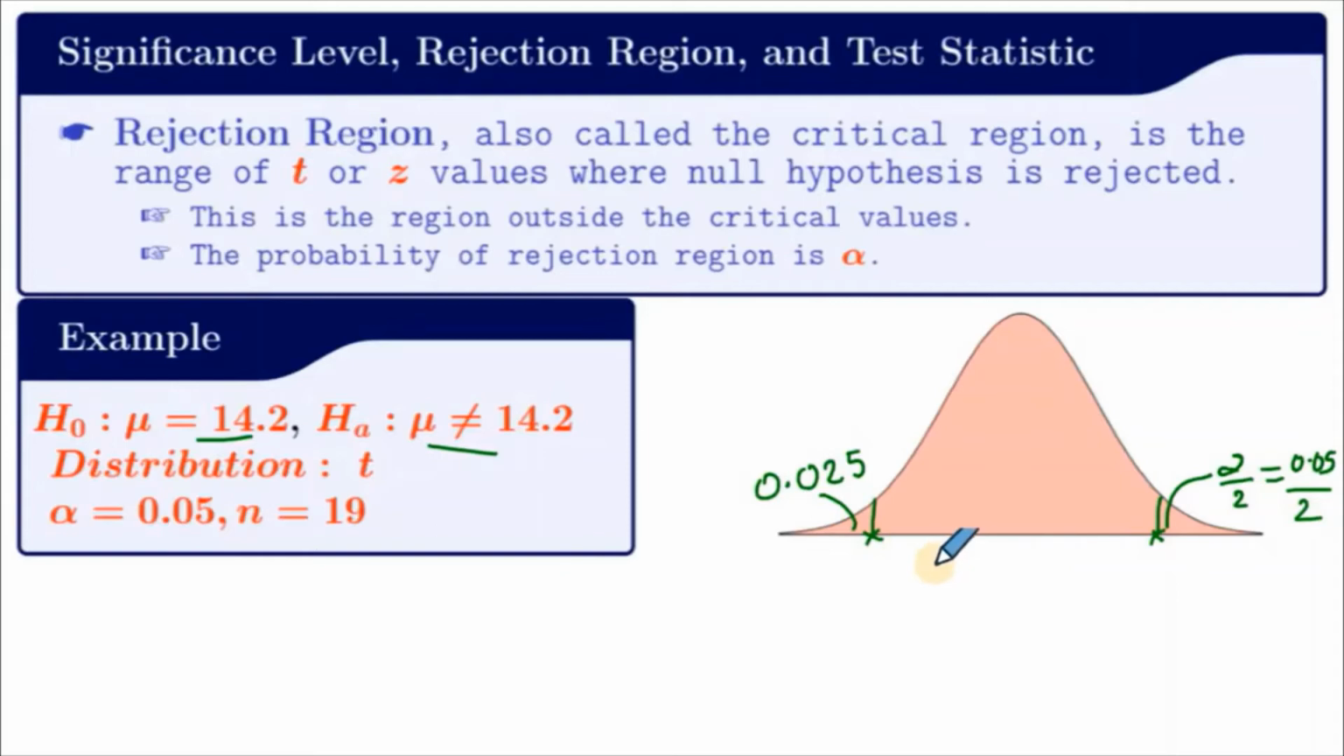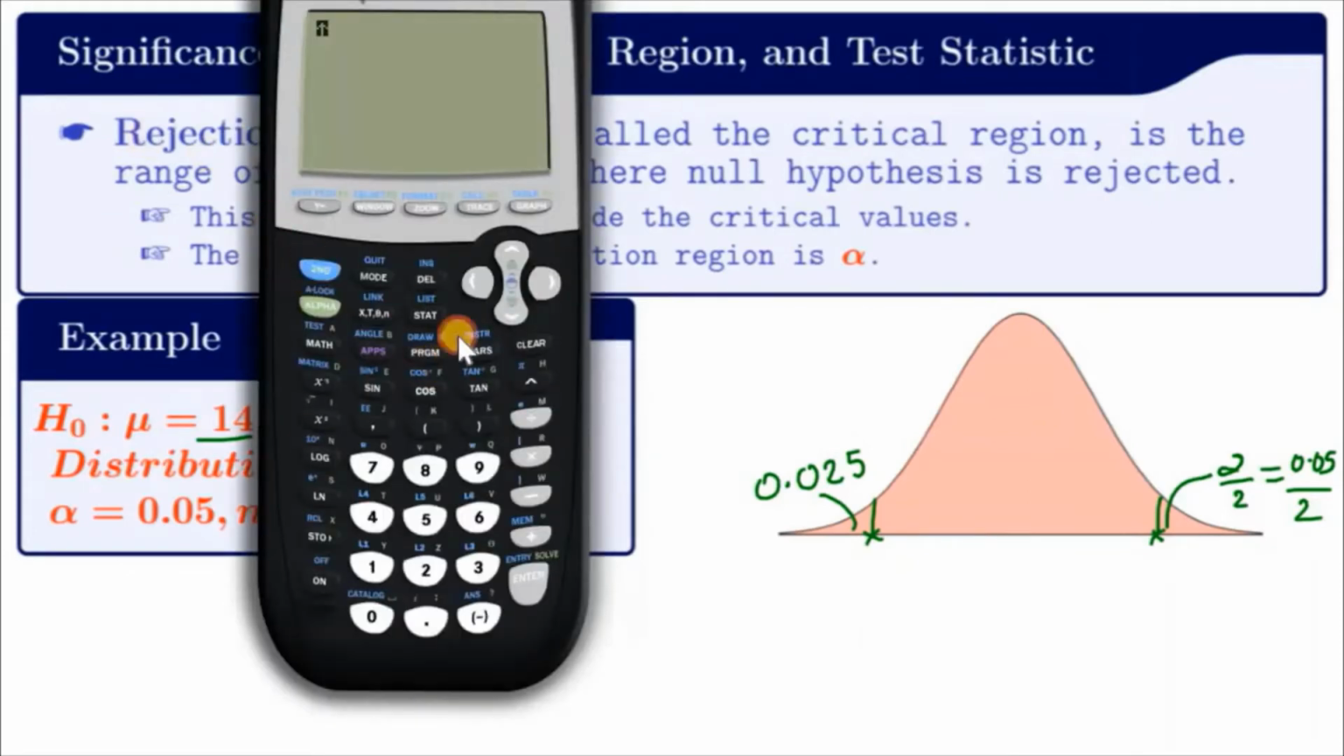For now, I am just going to use calculator. So for that, let me pull up my calculator on the screen. Now go to second distribution. We'll be using number 4, which is inverse t. Then hit enter. It takes the area to the left. If we are looking at this point here, the area to the left from this point is 0.025. So let's put that there,